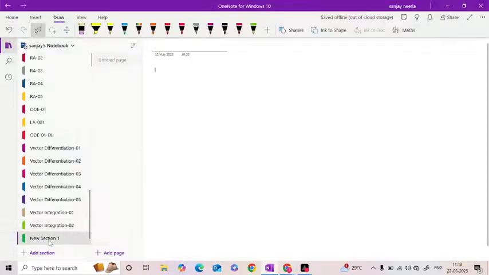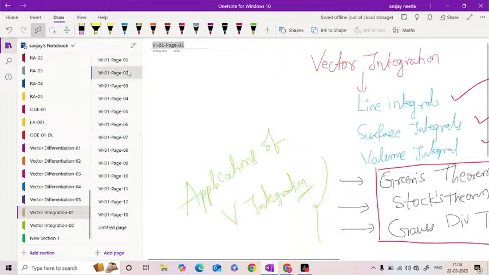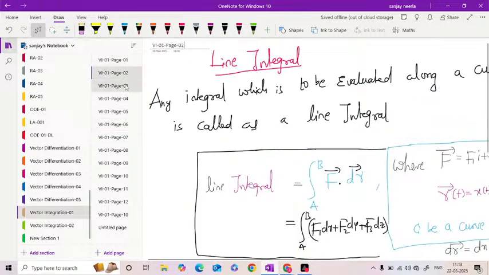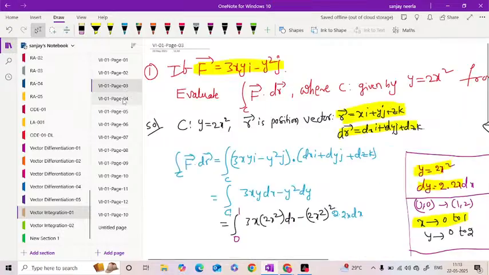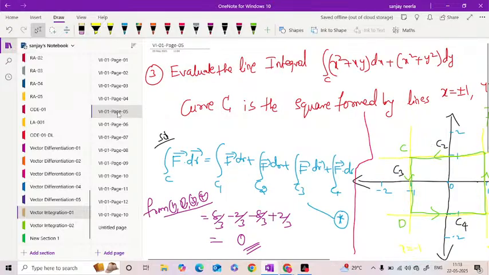Okay, now come to today's class. I think we have seen in the previous class just applications of the line integral. In the starting class, we have seen some path problems. The first question is related to the parabola. The second question is also related to the parabola. And the third question is related to